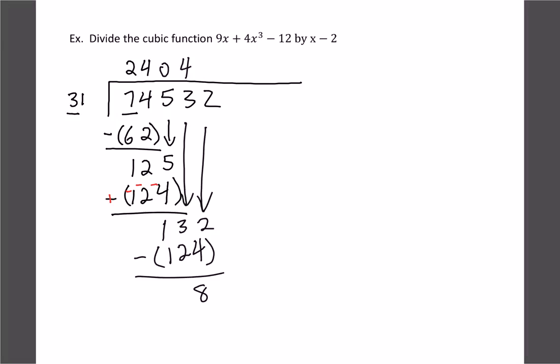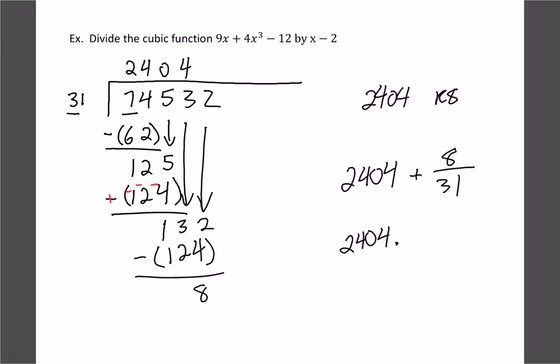So in this case, we'd say 74,532 divided by 31, our answer is 2404 remainder 8. Or another way of writing it, we say 2404, and we'd have 8 out of 31 left over. On your calculator, if you actually divide this, it should give you that exact same decimal, whatever 8 over 31 is. Let's try that quickly. 8 divided by 31 is 0.258. So we would get 2404.258. If you try that on your calculator, take the original, 74,532 divided by 31, we do indeed get